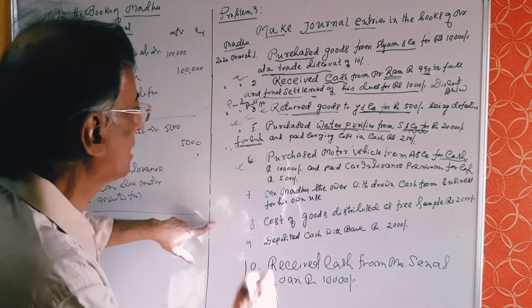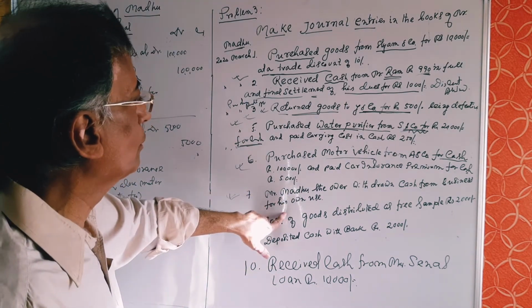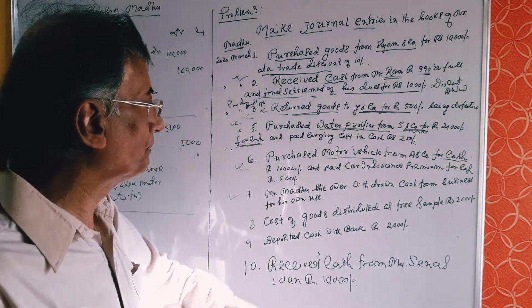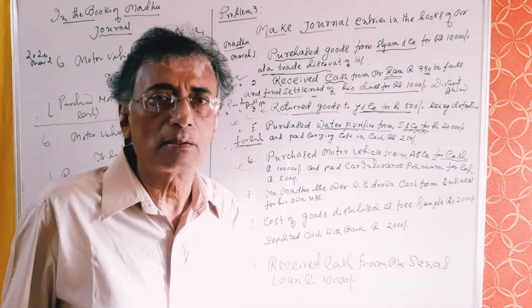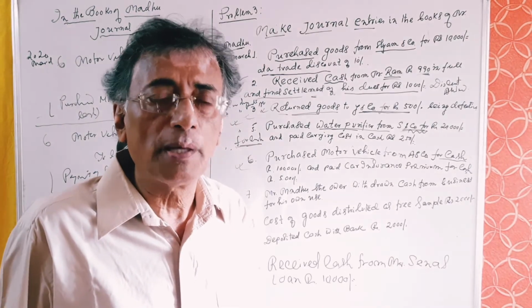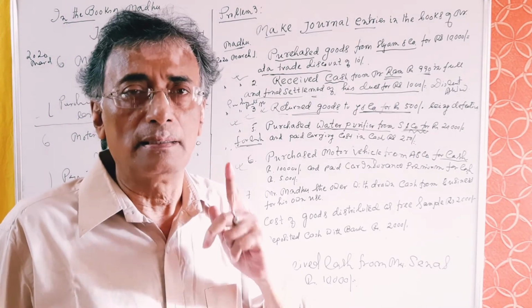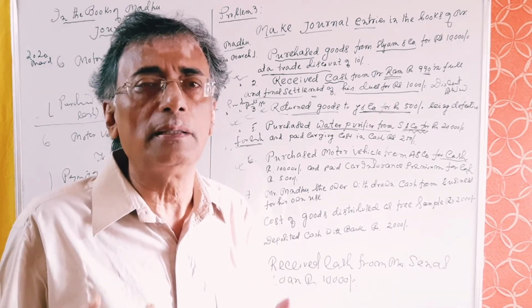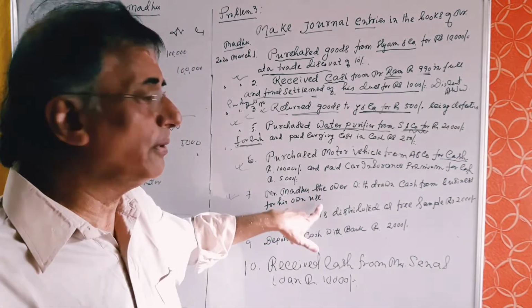So we are coming to the next point. Transaction dated 7th. Mr. Madhu, the owner, withdrew cash from business for his own use. Madhu is the owner. In the last class, I discussed what drawings is. Any amount withdrawn by the proprietor from the business, either in cash or in kind, is debited to drawings account, and any amount contributed by the owner to the business is credited to capital account. So this is purely drawings.